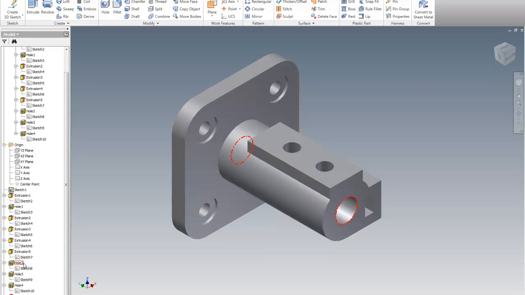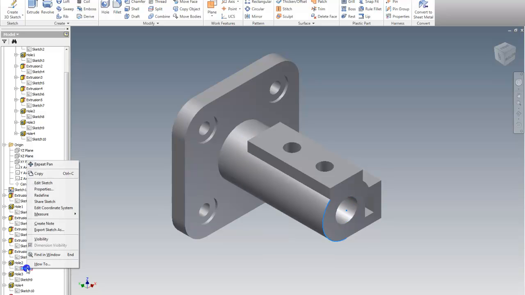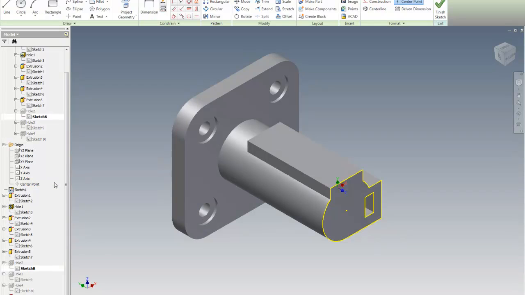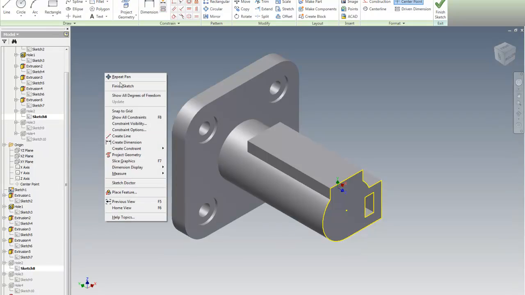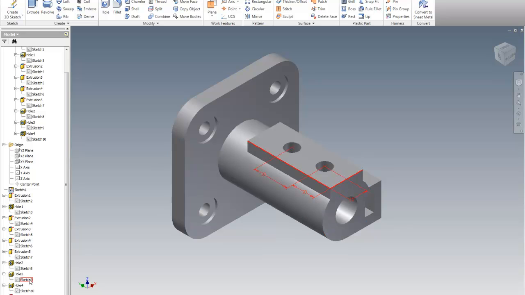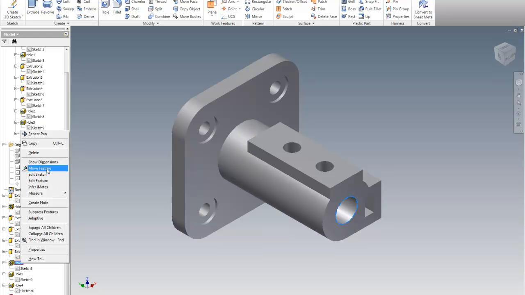Okay, I'm going to go in here. I'm going to right click on the sketch and go edit sketch. Okay. Now what this shows me is the original sketch for that end piece. Okay, but that's not what I want to work on. So I'm going to go finish sketch. I want to get into this hole here, and what I'm going to have to do to that is I'm going to have to go on top of the hole, right click, and I'm going to have to go edit